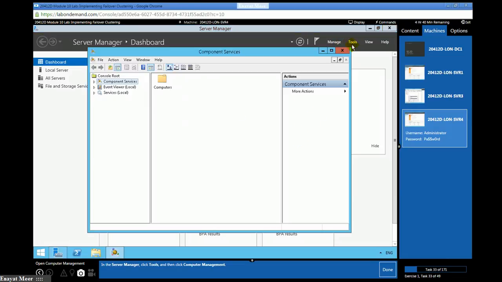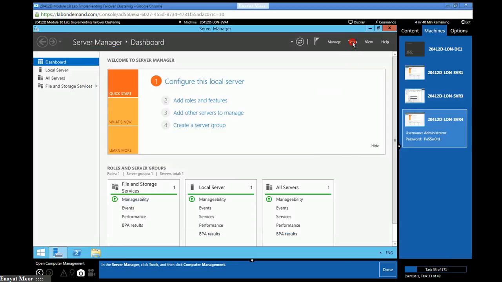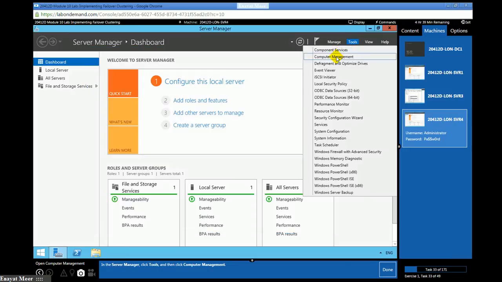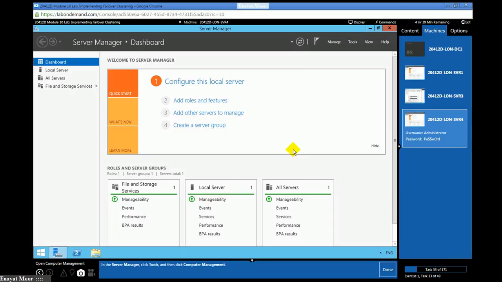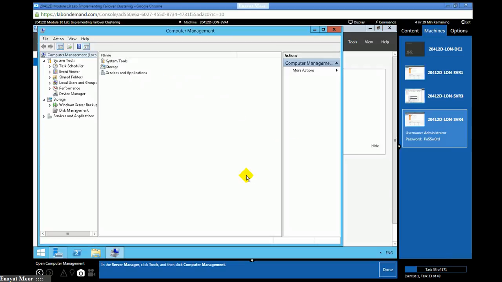So here it's a wrong click. It's supposed to be computer management. Let's do it again. And you should see those drives here that you have seen on my SVR3 under disk management.